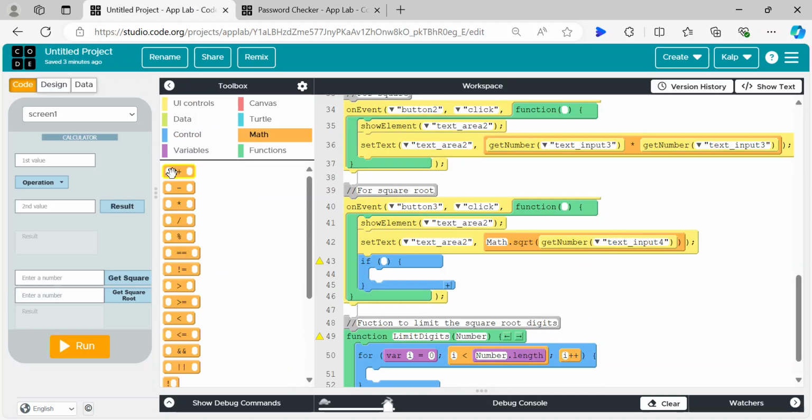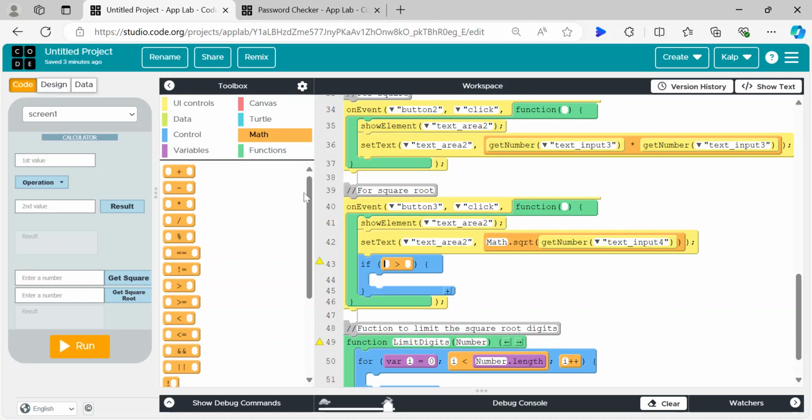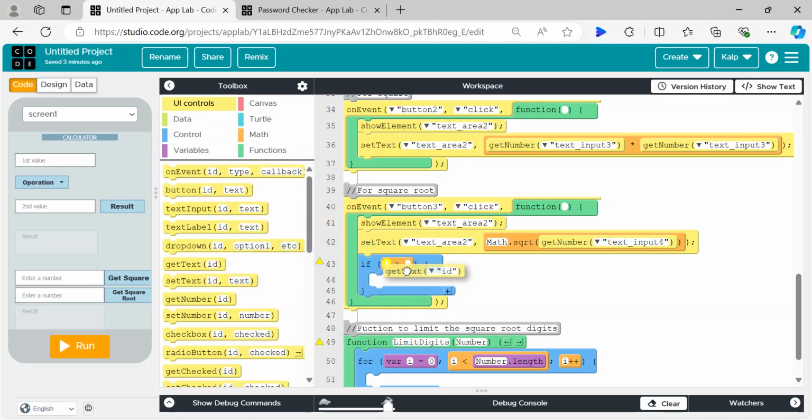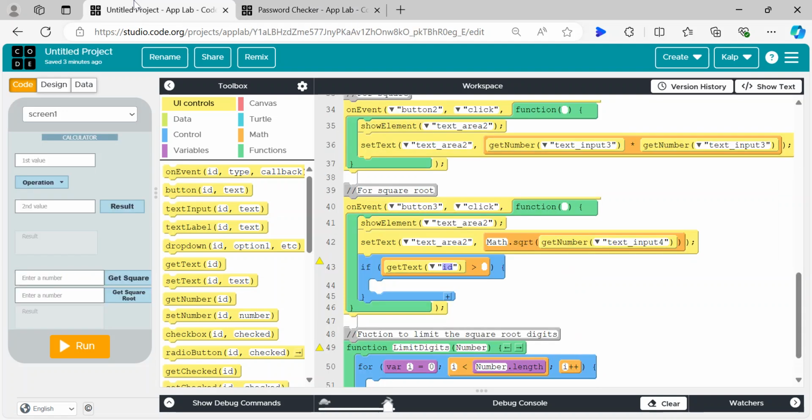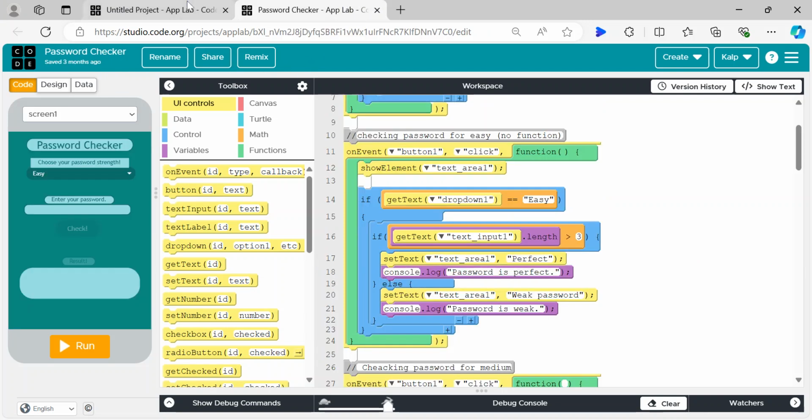If get text from text input 4 is greater than